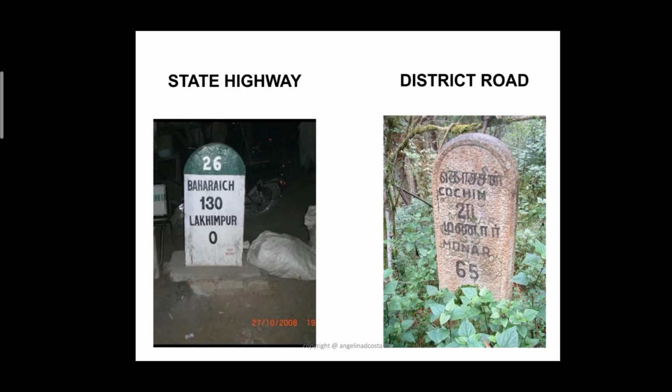The state highways are constructed and maintained by the state government. These highways provide linkages with the national highways and the district headquarters, important towns, tourist centers, and minor ports within the state. District roads are important roads within a district connecting areas of production with markets. It also connects taluka headquarters and rural areas to district headquarters within the